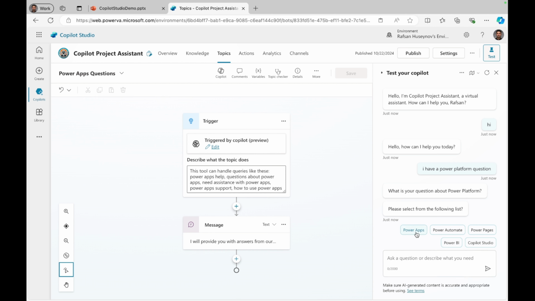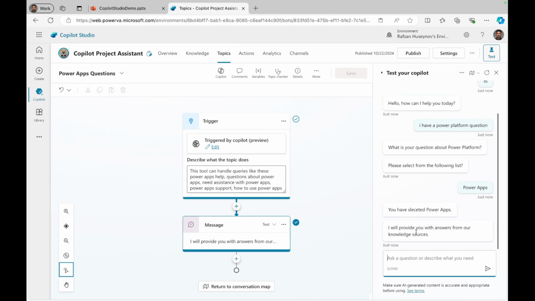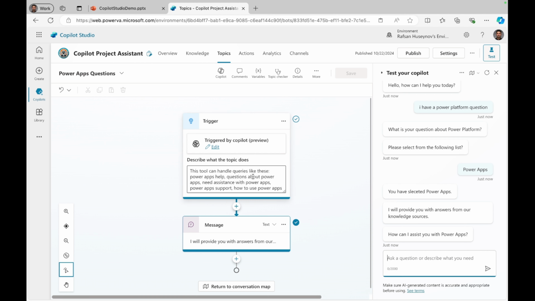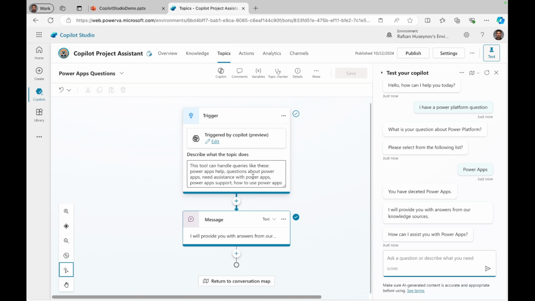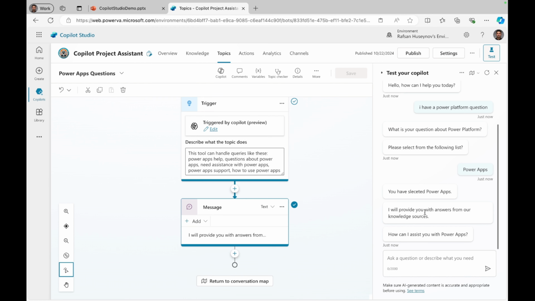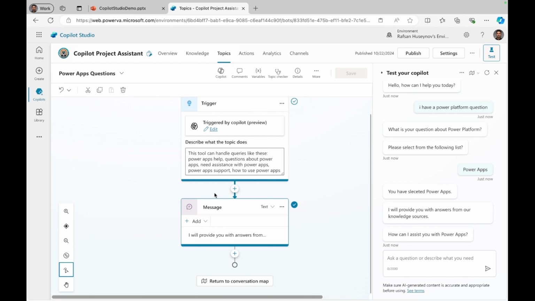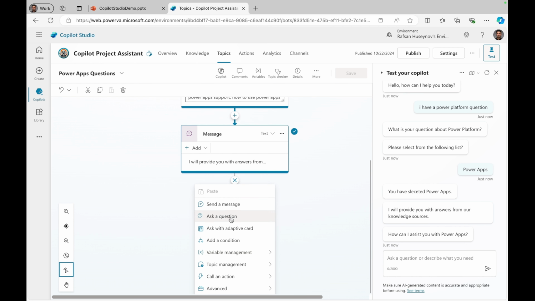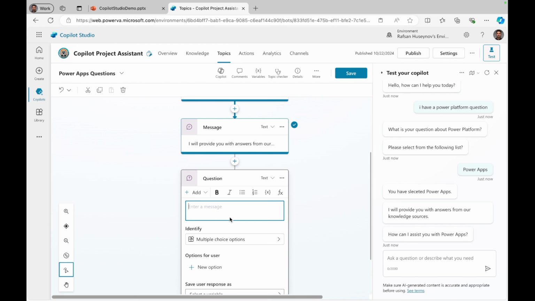Perfect. I'm gonna choose Power Apps. So perfect. If I come here, I can see that it's already successfully navigated the user to the Power Apps questions topic. So what I will do after this, I will add another ask question